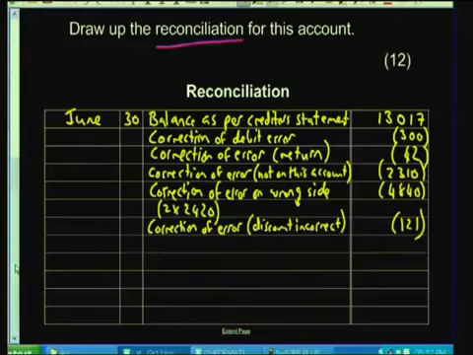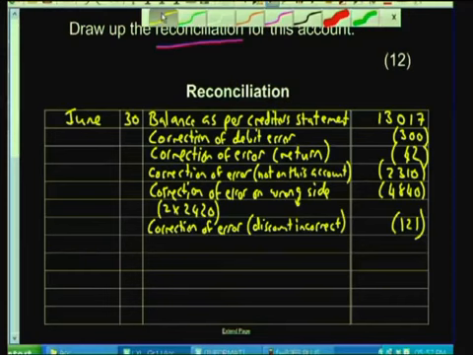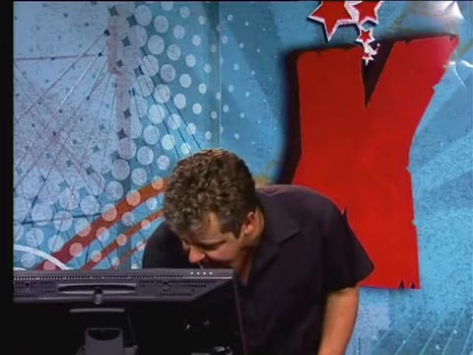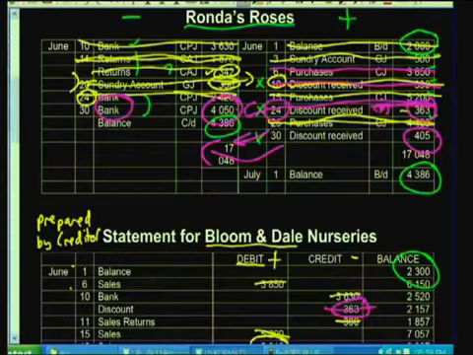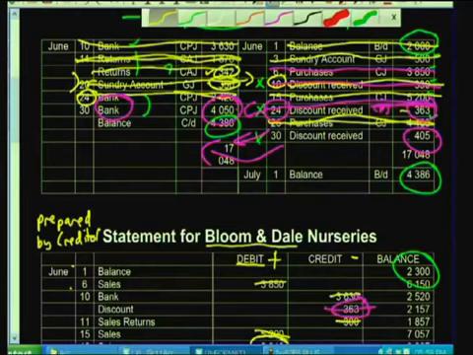So once again, we don't always want to accuse them of making errors. I would rather say something like payment not reflecting, or payment not yet recorded, or payment that does not appear on the statement. And that was an amount of 4,050 Rand. And because it was an amount that was a payment, that needs to reduce our accounts. So what I'm going to do is put it in brackets. That's the payment. Once again, I'm just going to cross this off to show that I've now dealt with this